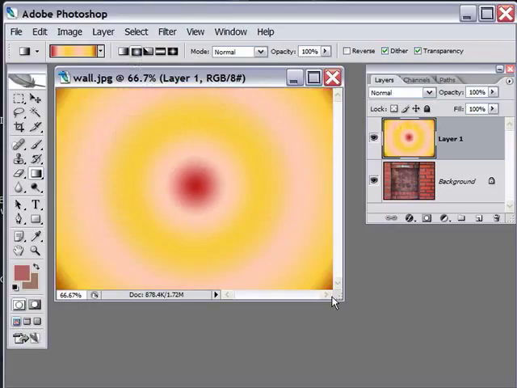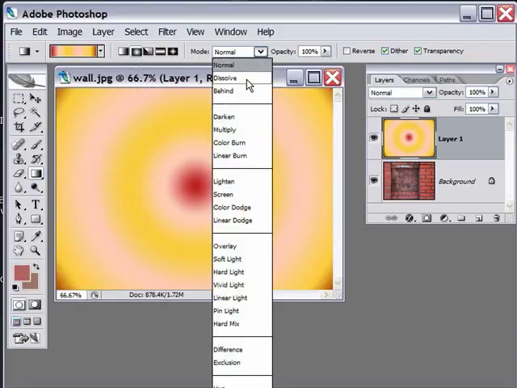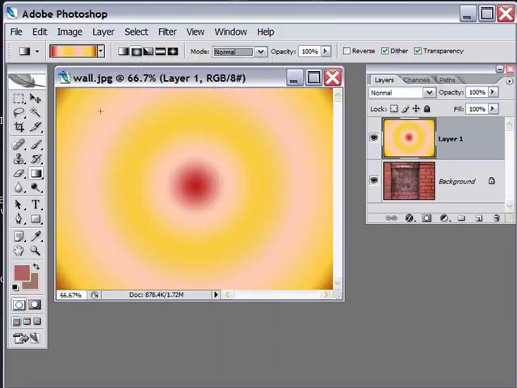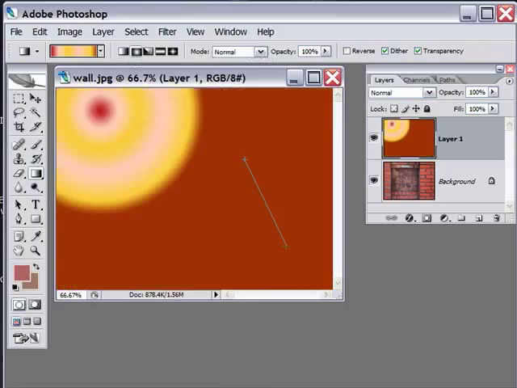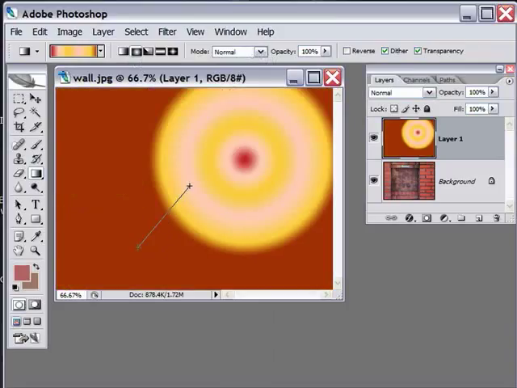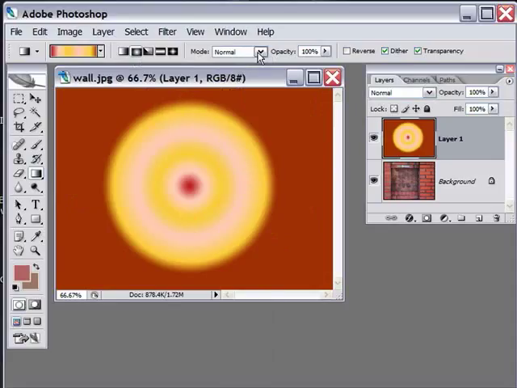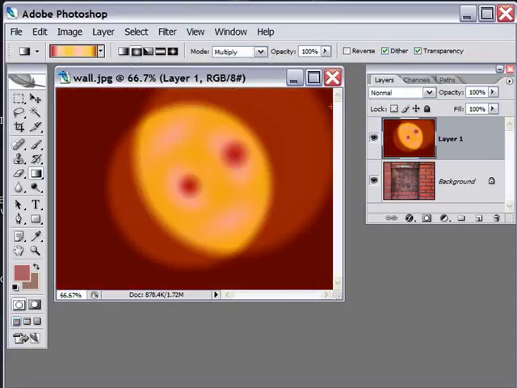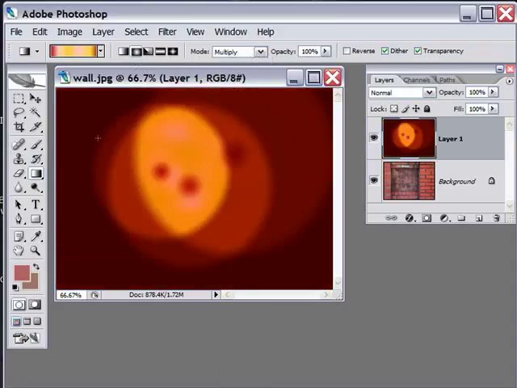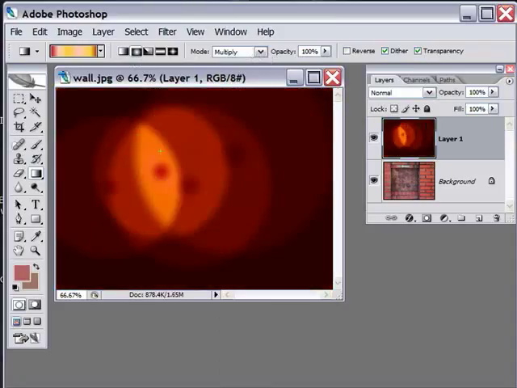You get the idea. Now where you can start to have fun with this is start to throw in some blend modes. For example, I just drew one gradient. What if I change the blend mode to multiply and then draw another one? You can see now it's going to start. Of course, multiply wasn't a very good choice because you can't see anything. Oh, that's because it didn't go to multiply, did it? There we go, multiply. I said multiply, but I didn't actually choose it. There we go. Now you can start to see all sorts of weird and wonderful possibilities because we're creating gradients